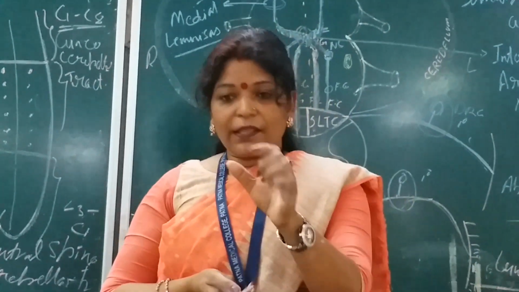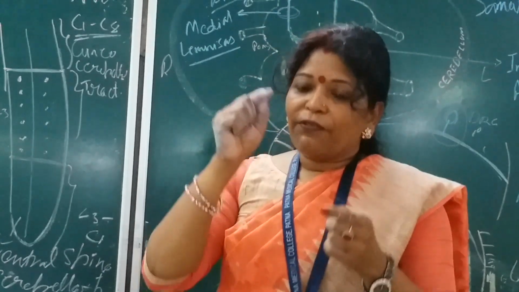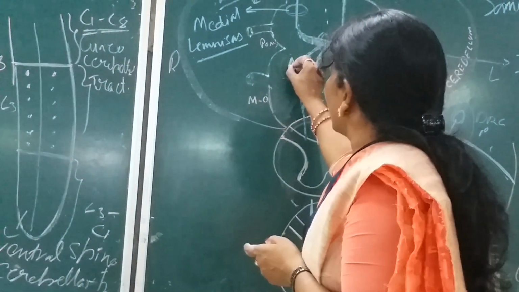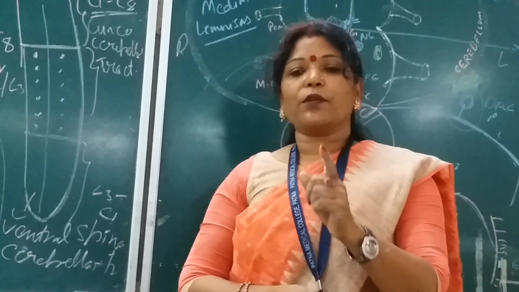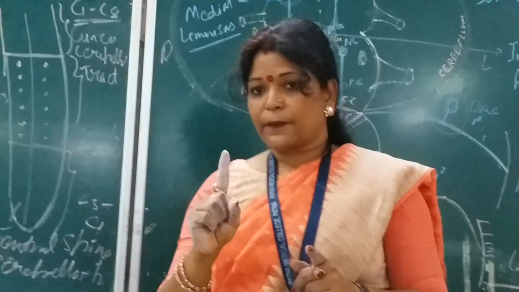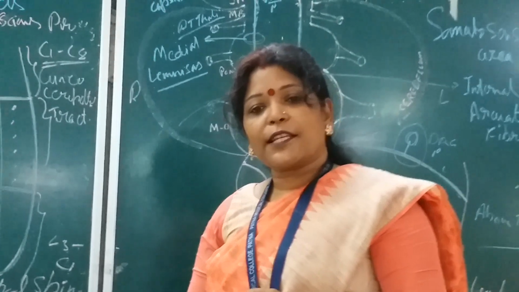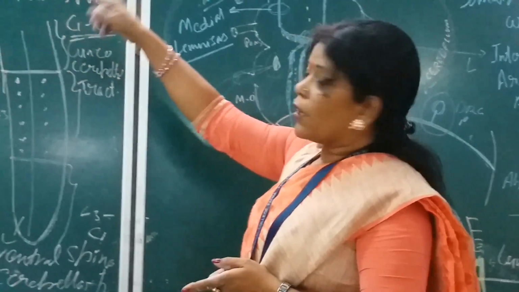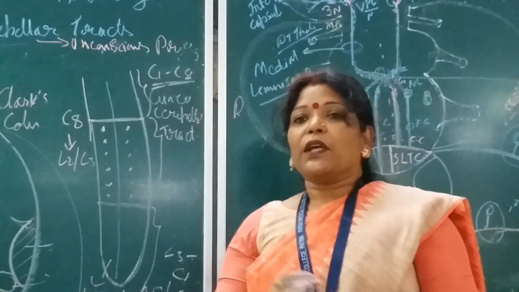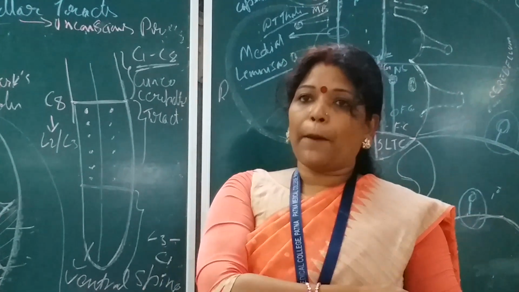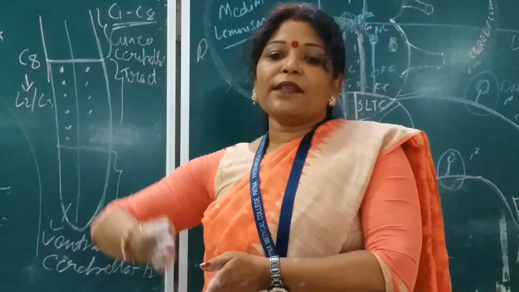After synapsing with the, what is this? The accessory cuneate nucleus, then the fibers arising from this accessory cuneate nucleus will go to the cerebellum via the inferior cerebellar peduncle. This will be known as the external arcuate fibers. Isn't it? So here is one major difference in the sensory pathway: in the dorsal column or the other tracts they cross to the opposite side, but the cerebellar tracts, what will they do? They will remain on the same side.